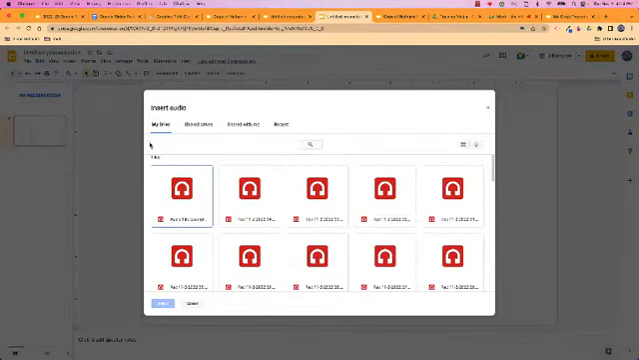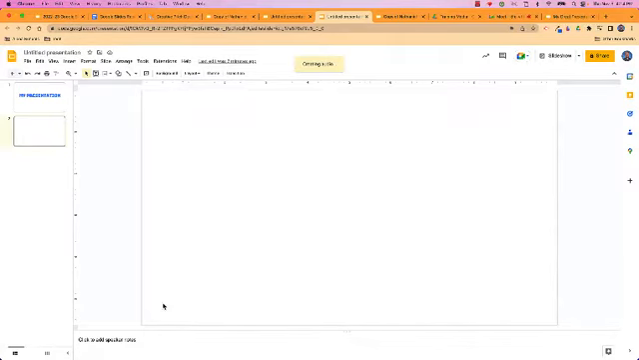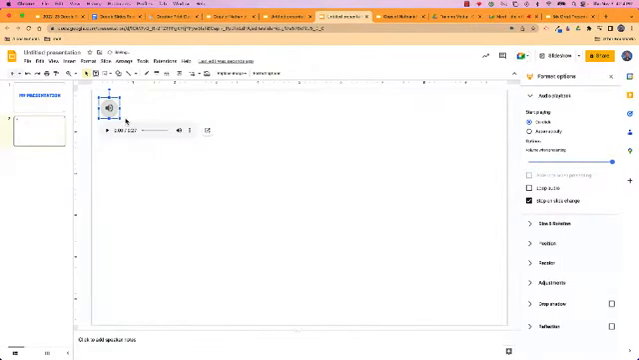So I've already got some audio files inside my drive. Here's one, an audio file example, and that was one of the things that I had you download. If it won't let you upload it, it has to be in your drive for this to work. So if I choose it and then click Select, you're going to see that it's going to drop the audio file in here. And then if I click Play,